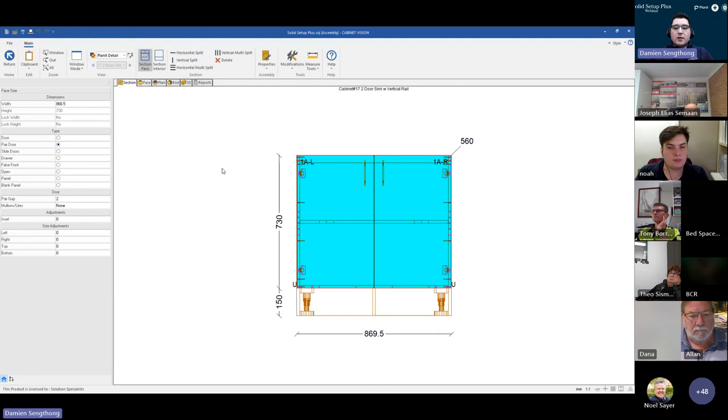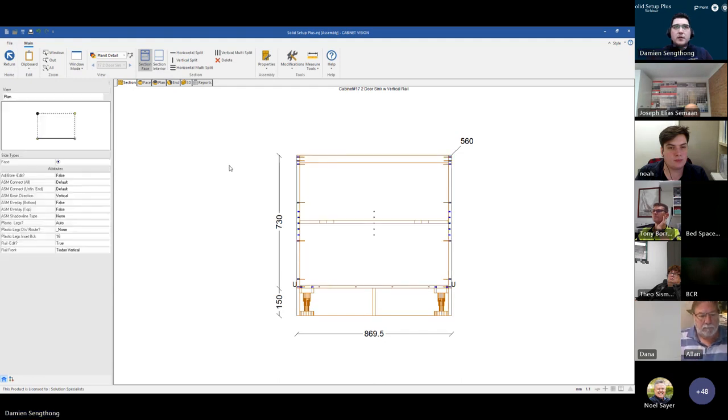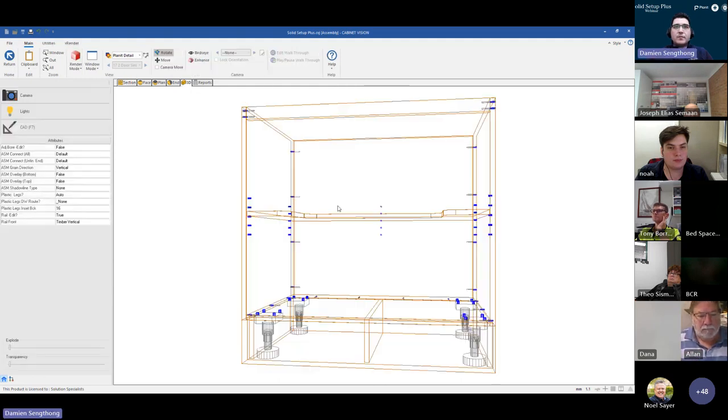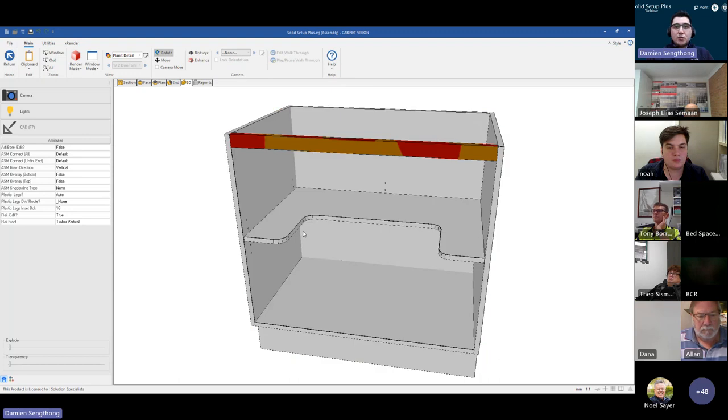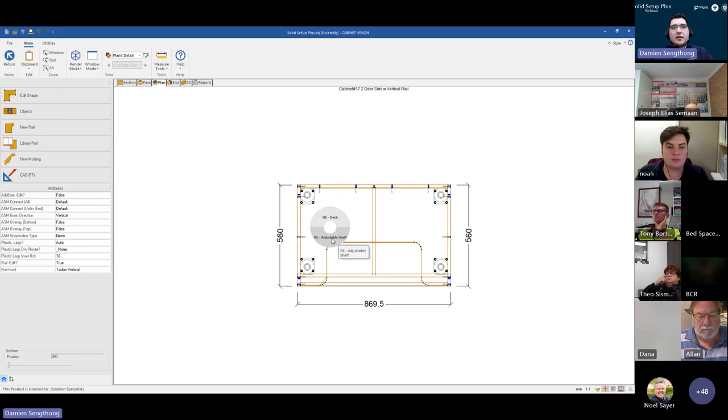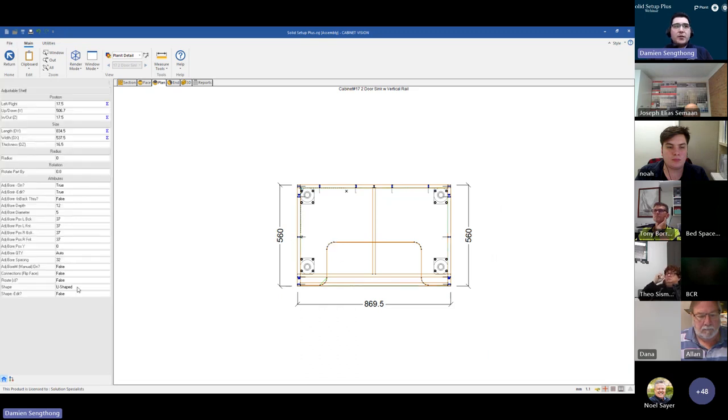Just so we can see better, I will remove the doors. I'll go to the 3D view. And as you can see, we have a U-shaped shelf. By selecting the part again, you are provided with additional attributes to adjust the shape shelf. So if we activate the shape edit,